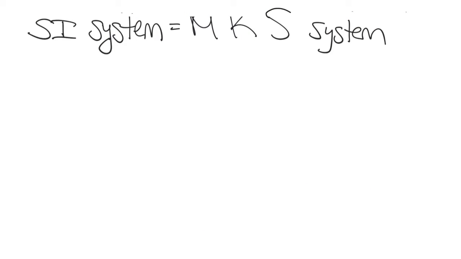So what we're going to use in physics class, and you'll use this in all of your science classes, is something called the SI system. And it's French, and my French is horrible. It's like Système International, right? Basically, international system. And this is what we use in science. And it's often called the MKS system. And the MKS system means that it's meters,